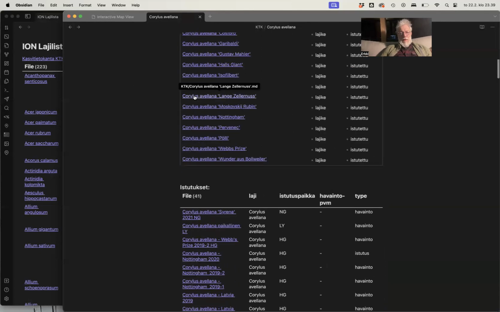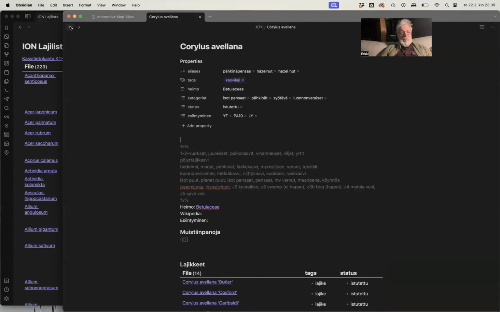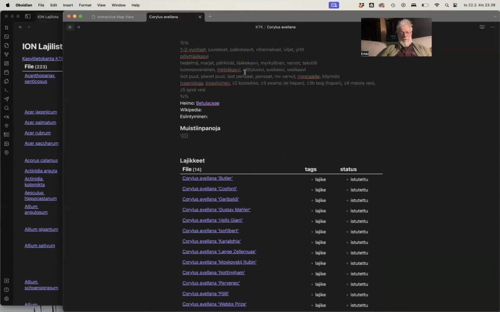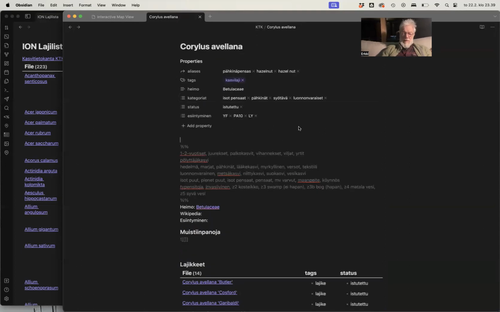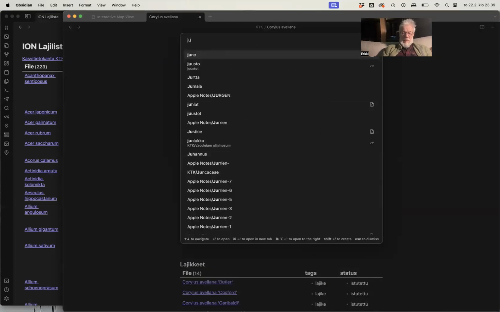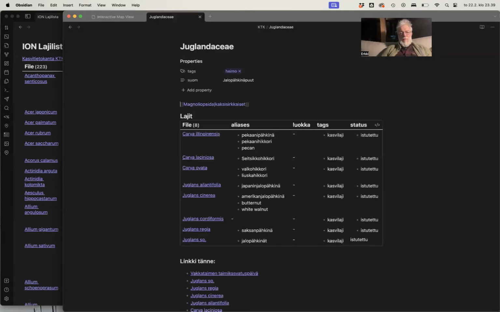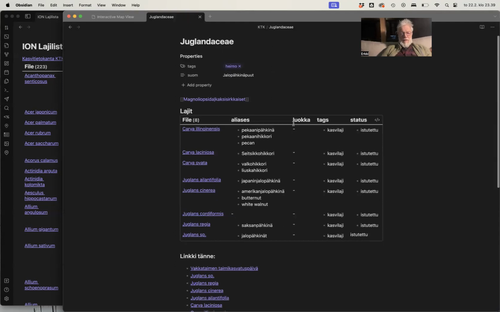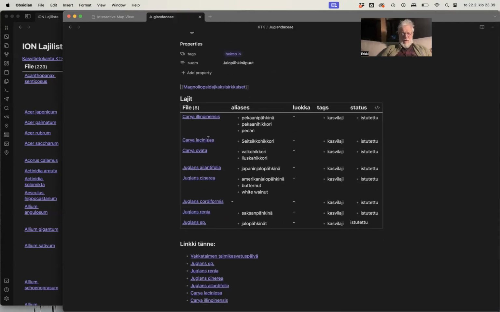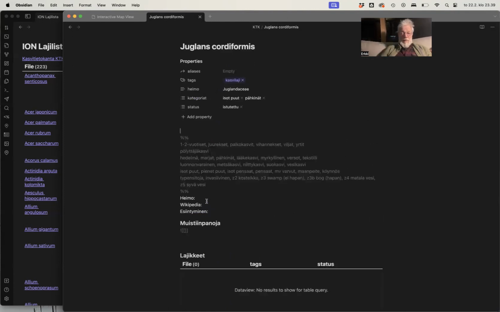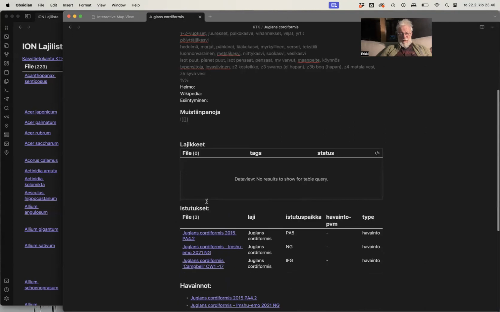So basically we have gone through all those levels. We could have looked also at, well, let's just open, we look at the family Juglandaceae. So we have here again a table of those species, the Carya and the Juglans. And if we go to Juglans cordiformis, if I remember correctly, we'll find the